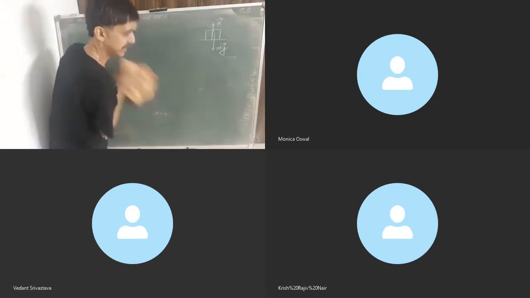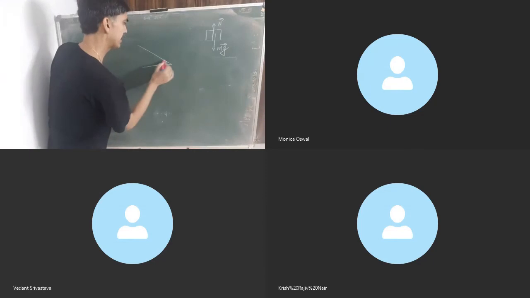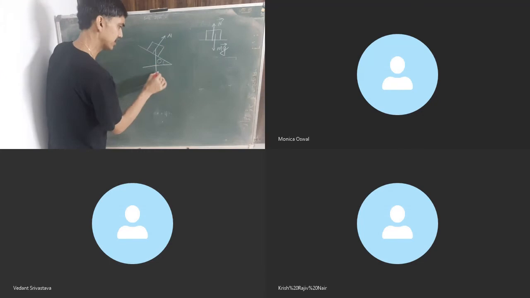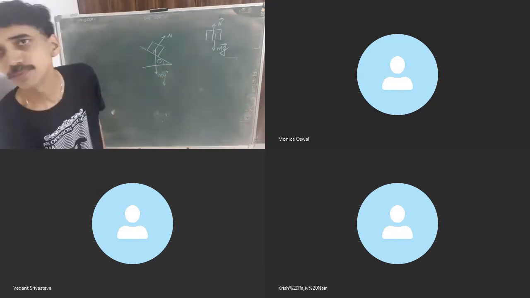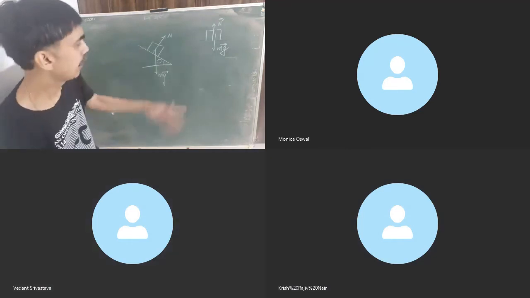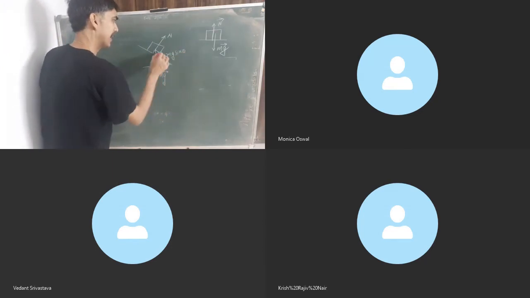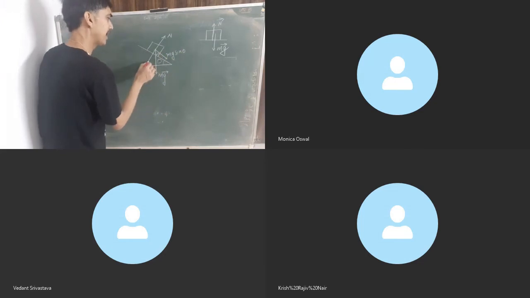Now what I do? I take the book slightly. I tilt it by an angle theta. And we are still observing no motion of the book. Normal acts this way, mg acts this way. Of course, mg is in no position to balance normal, correct? Yes, sir. We resolve mg into components. In this direction, we will get mg sin theta. Why? Because the angle is 90 minus theta, and in this direction we get mg cos theta.